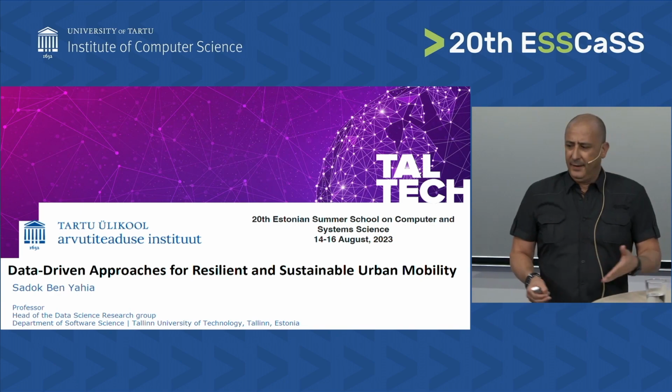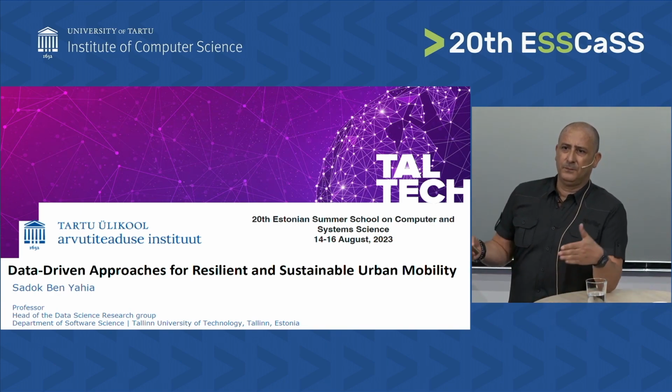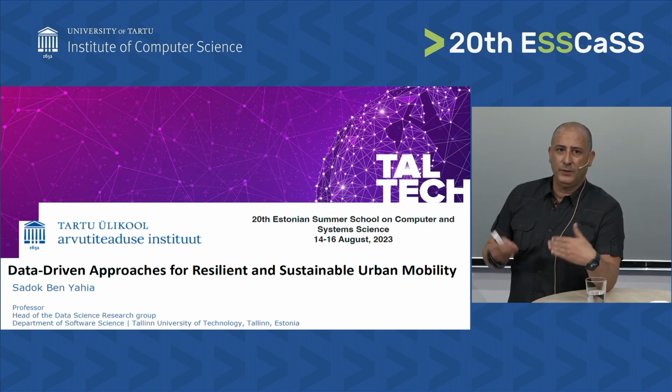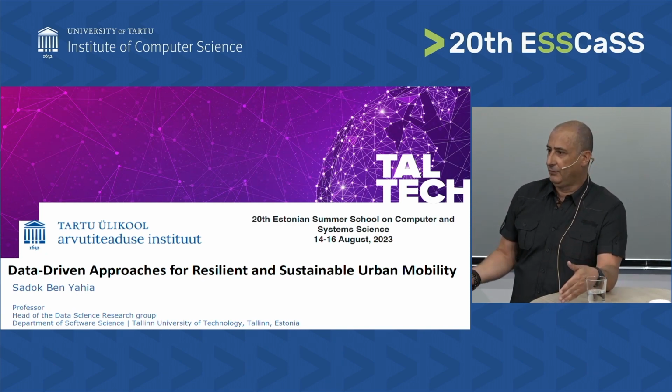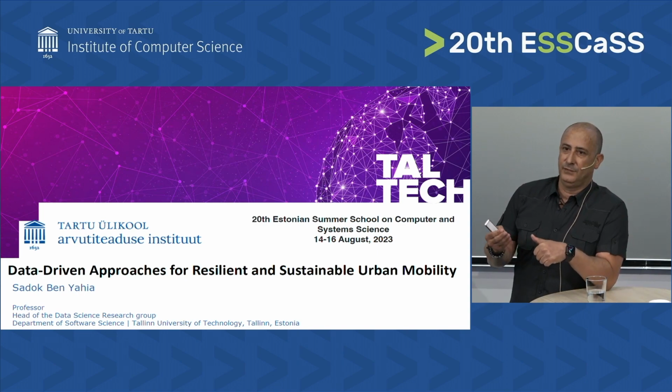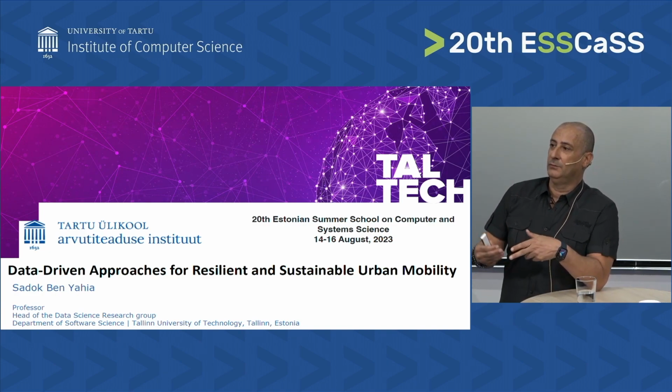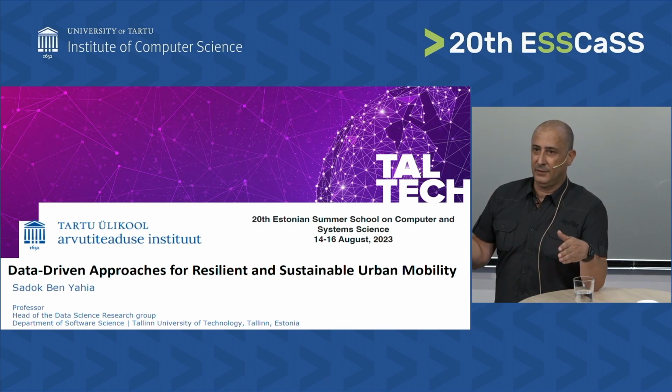So what is urban mobility? Mainly the focus of urban mobility would be traffic congestion. The challenge is how we can reduce the adverse impact of traffic congestion in terms of CO2 emission, in terms of fuel consumption, which is the economic part, and in terms of impact on the mental and physical health of the drivers. That's why we also try to lower the duration of the trips.